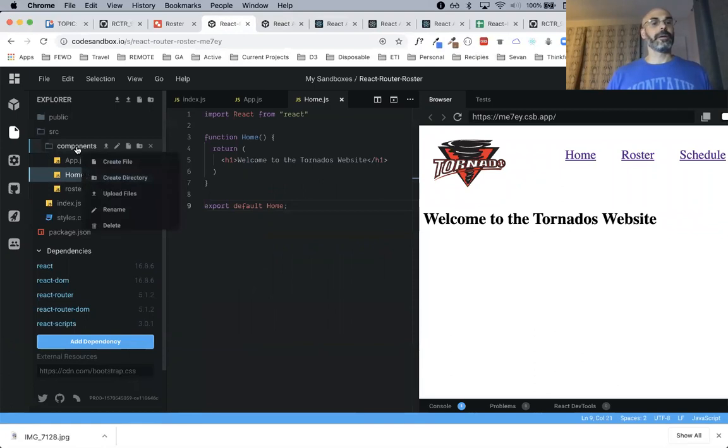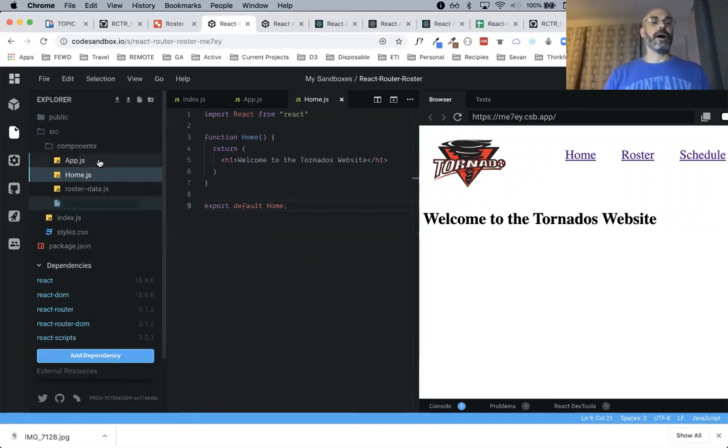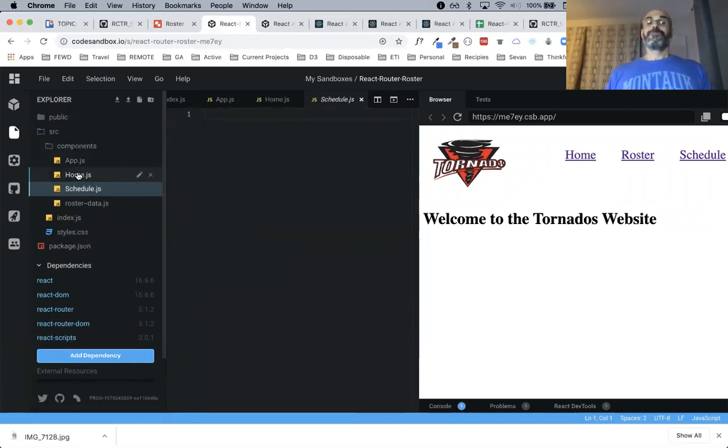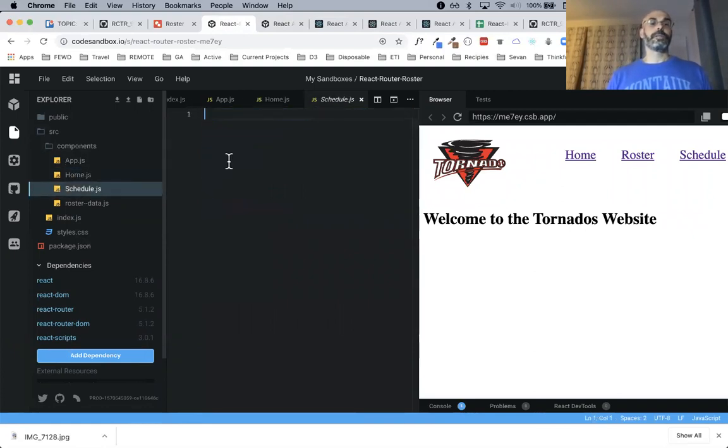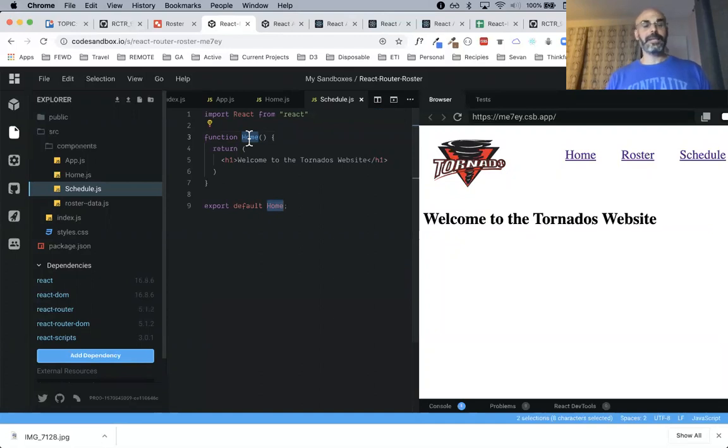No, it's not going to allow me to duplicate it, okay. So I'm going to create a new file called schedule.js, right? For ease of purpose, I'm just going to copy everything from home, put it into schedule, and then here I can just change home to schedule. So I'm hoping the command key works. When I highlight home, if I hold the command key down and press D, it will highlight the other elements that have home, and then I can change it all in one shot. Look, it's gone, and I do schedule, okay?